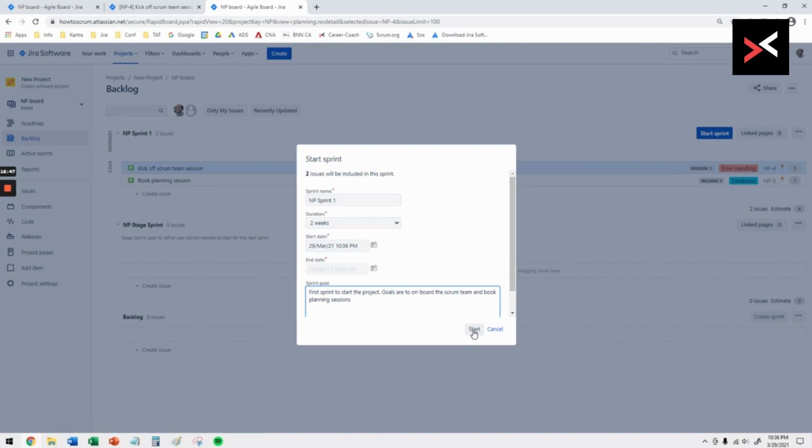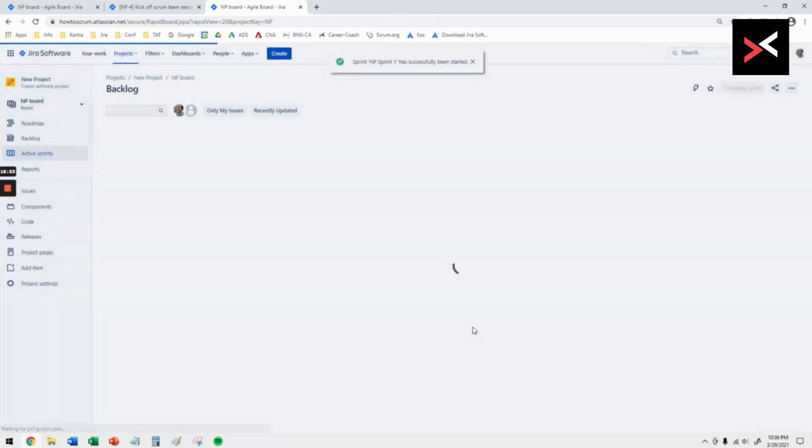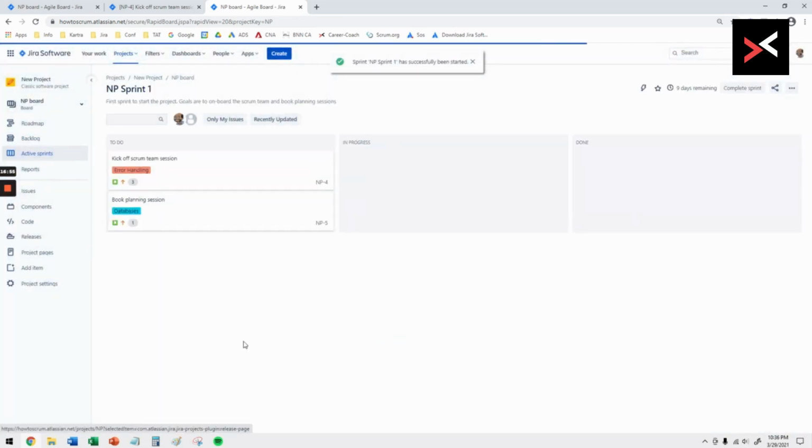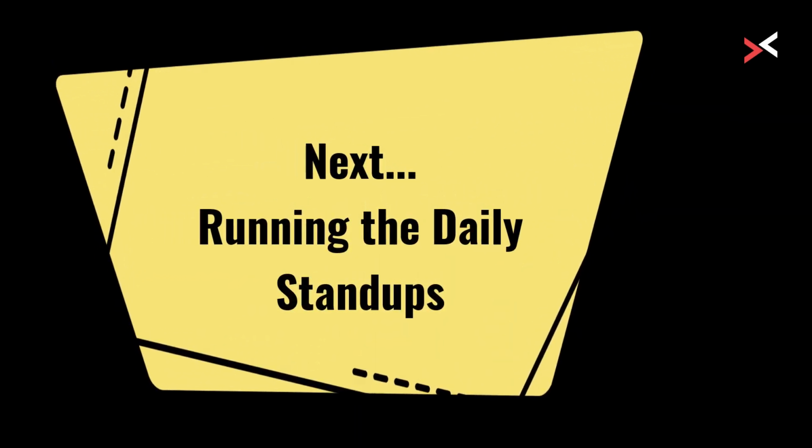Once you're happy with that, you can click on the start. It gives you 10 days by default because it's 2 weeks. Click on start, and the sprint is started. So that's how you prepare the sprint and then start the sprint. So this is great. Our sprint 1 has